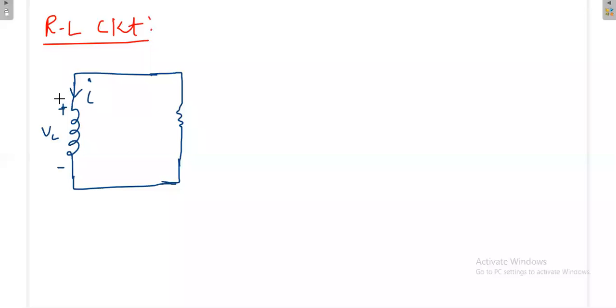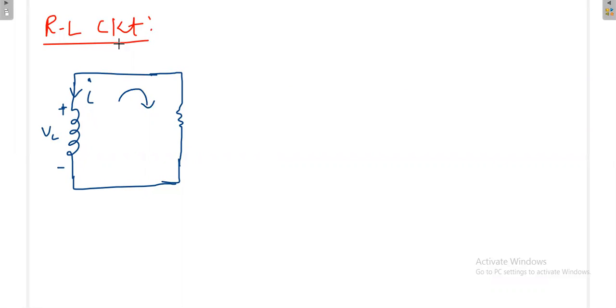This convention is from the previous circuit, because the previous circuit was giving the current to the inductor. That's why the notation is like this. If it is giving the current in this direction, then the voltage will be plus here and minus there. But actually from now onwards, the current will flow from the inductor to the resistance. If you want to write the formula for the inductor, you have to take the current direction going inside, but finally it comes out as negative, meaning the current is really flowing away from the inductor, as in the source-free circuit concept.